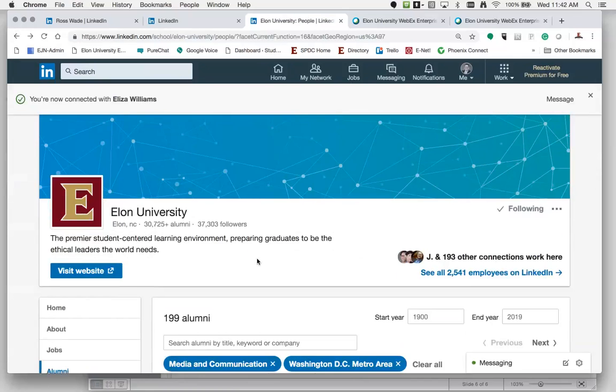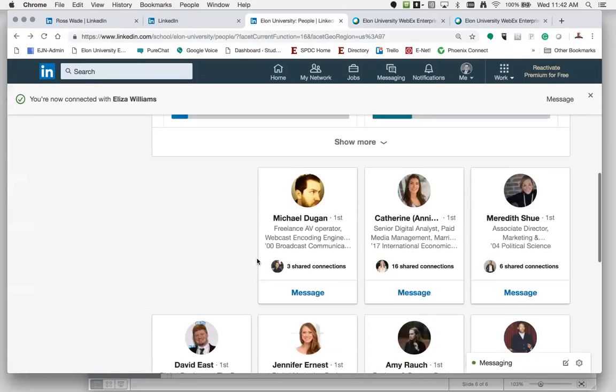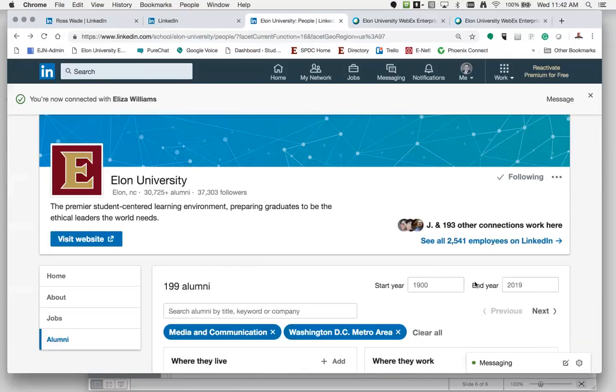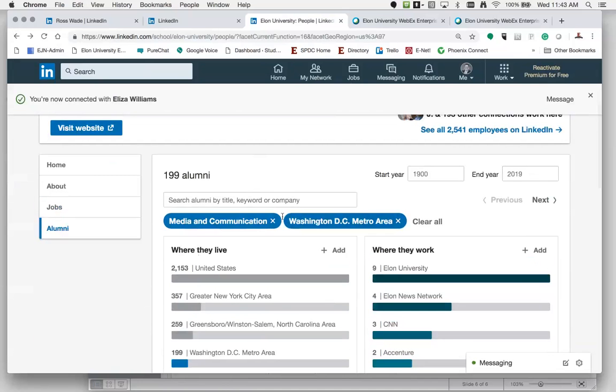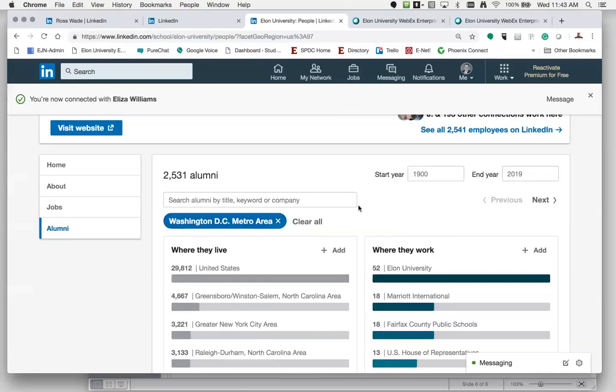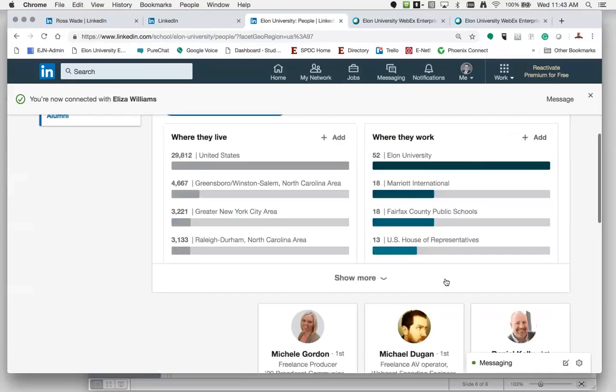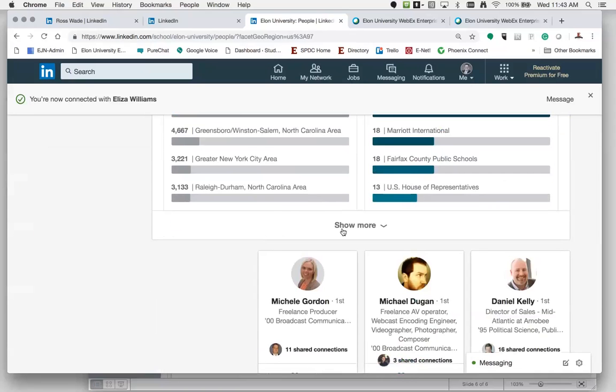If I wanted to go back and upgrade this search a little bit more, and it seems like, are things frozen here for me? Nope. It seems like it is not allowing me.